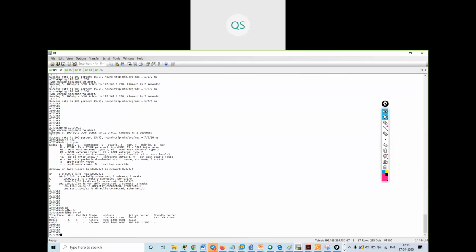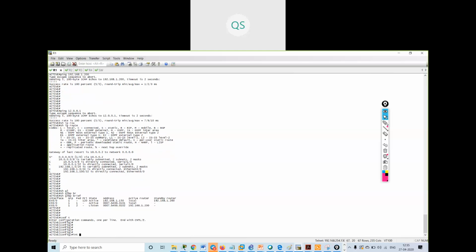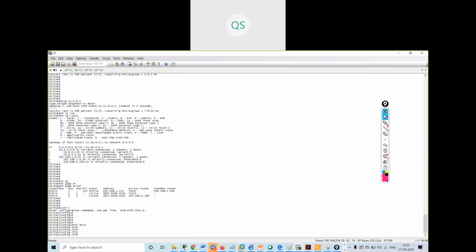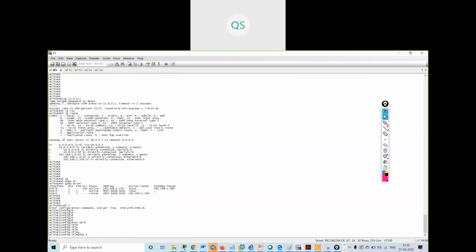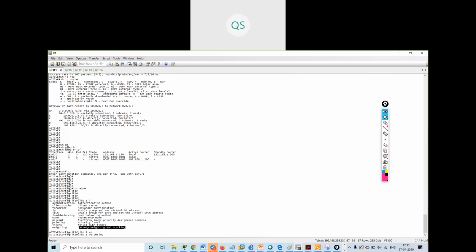You can give it in two ways. You have to go inside the interface E0/0 and say glbp 1. All the commands will start with glbp 1. Gateway weighting and tracking. So I will use the weighting command.